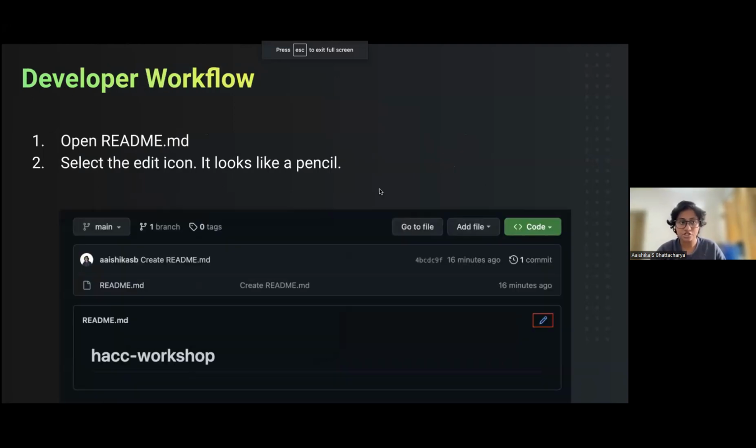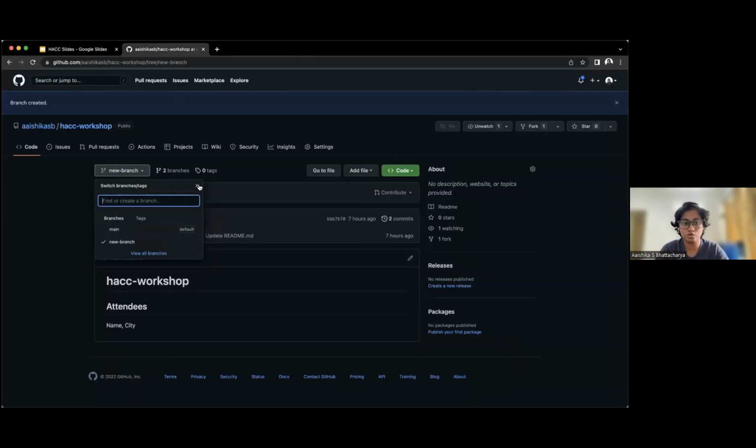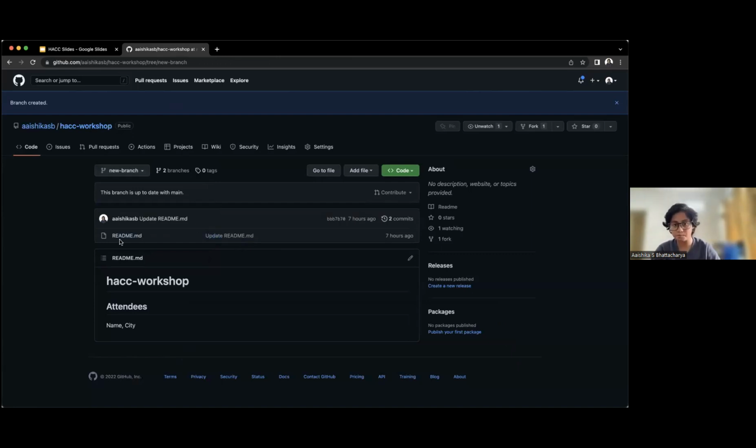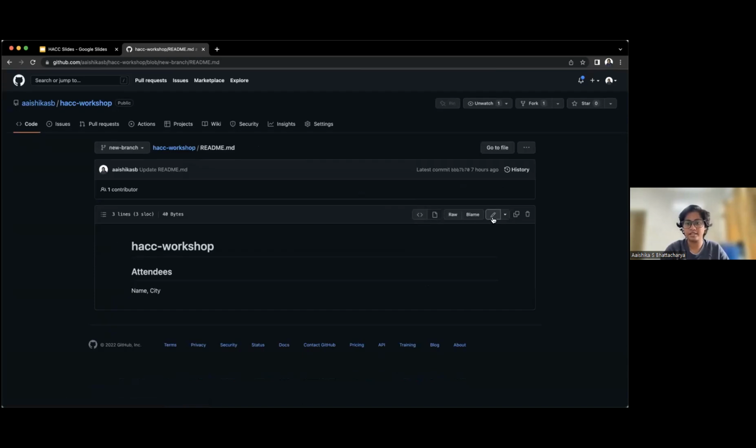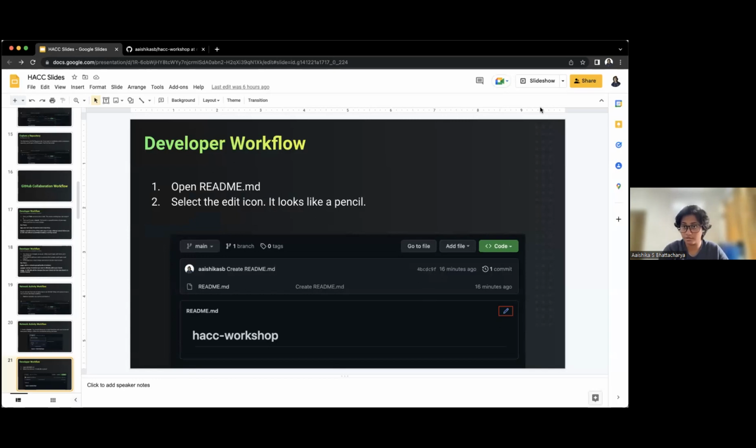So going back to the presentation, you can now open readme.md. You can select the edit icon, which looks like a small pencil. So I'm going to show you once again how that can be done. This is a simple code base. We just have one file, which is readme.md. Either way, if you ever want to contribute to readme.md, you can see a small pencil icon right beside readme.md. But if, say, for example, there were a good number of files here and you wanted to contribute to a single file, you can just click on the file and then find the pencil icon again. So this is basically what you need to click on to make any contributions using GitHub's graphical user interface.